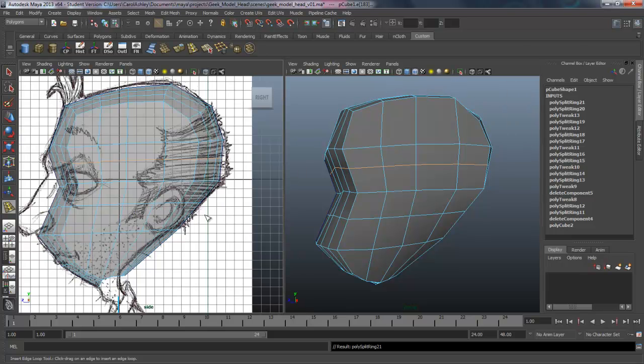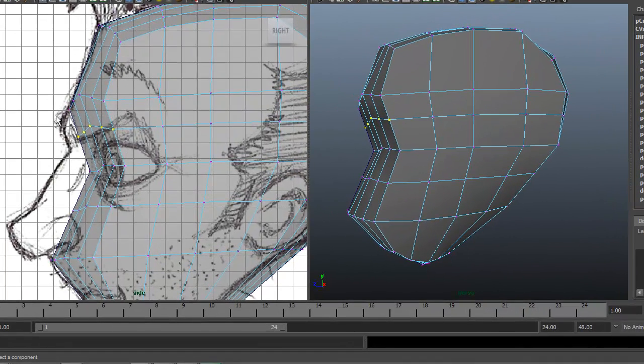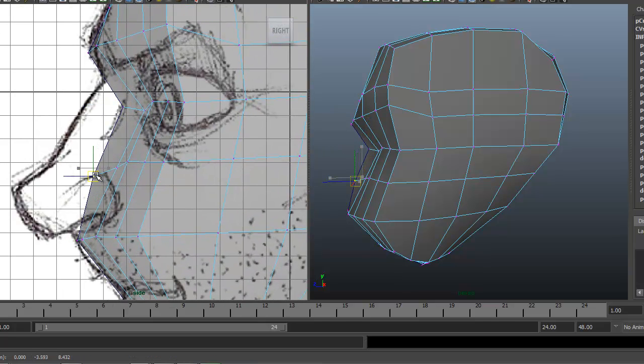We come to our side view. You can see this a little better. So I'm going to grab a couple of these vertices and pull them out for his brow. Okay, and then following that brow, you can see it swooping up there around his eye socket, or the eyelid. And this can come in now. And that's going to come in here where the nose and the cheek meet up.